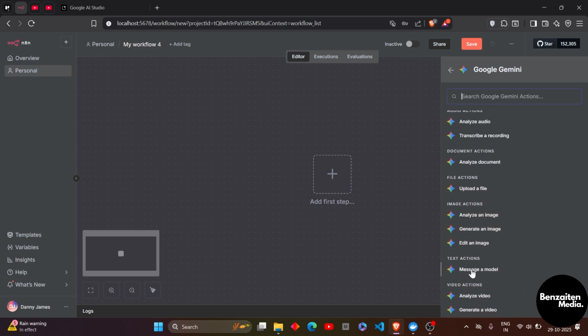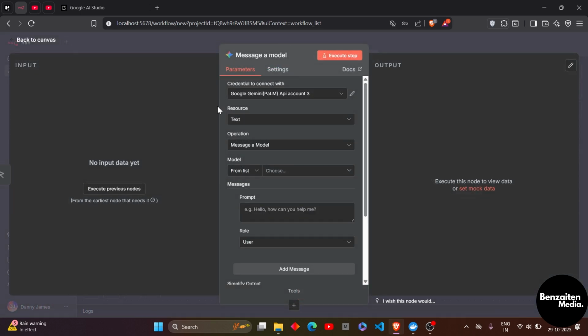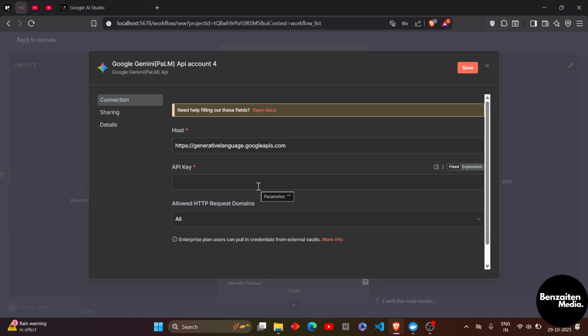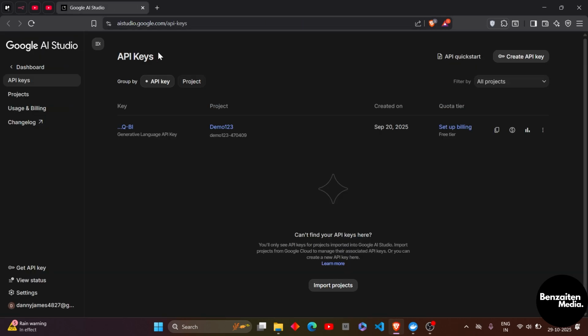I am choosing message a model. After that, here you will see a new page. So just click on this credential to connect with and then click on create new credential. After that, you will require an API key, and to get the API key, you need to head over to